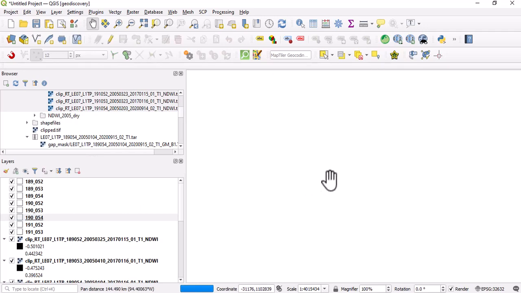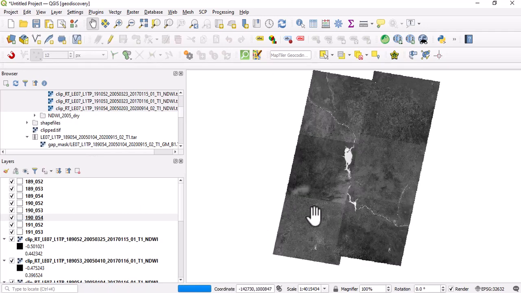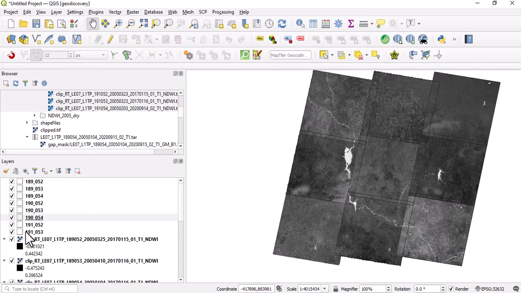Because I've not built pyramids for this, we may see a lag in trying to load all this. So that is the idea. These things have been clipped. We now have these things so beautiful the way we have it. So the next thing is for us to reproject this